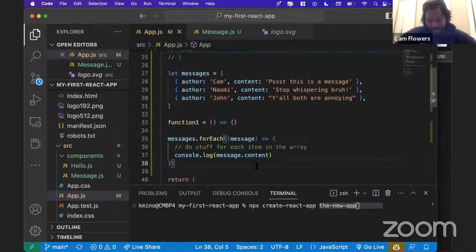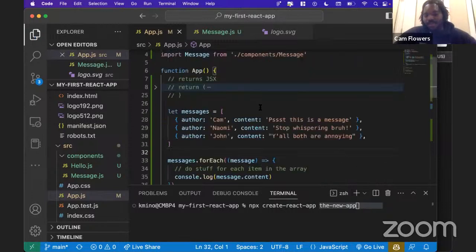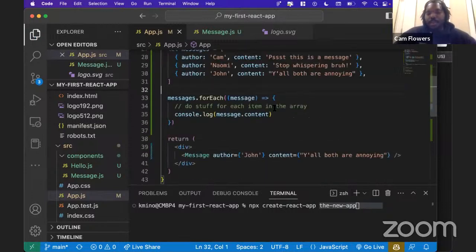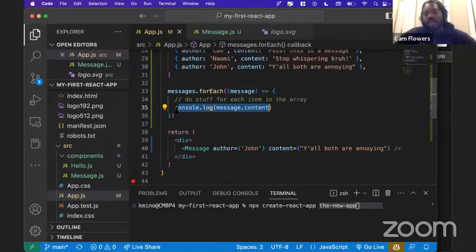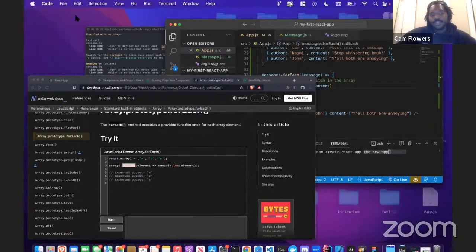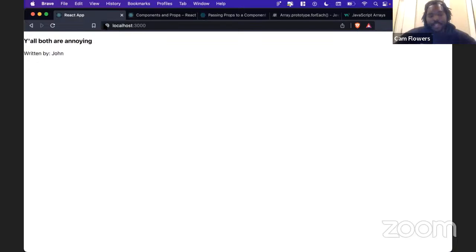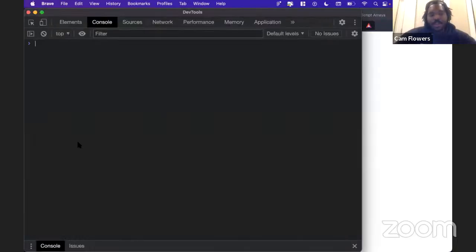So if I save this, it's actually a great time to talk about this. You might be wondering, where's this console log going to show up? Remember, anytime you're console logging in the front end, it takes place in the inspector. So if I go back to our React application, open the inspector and pull over the console,